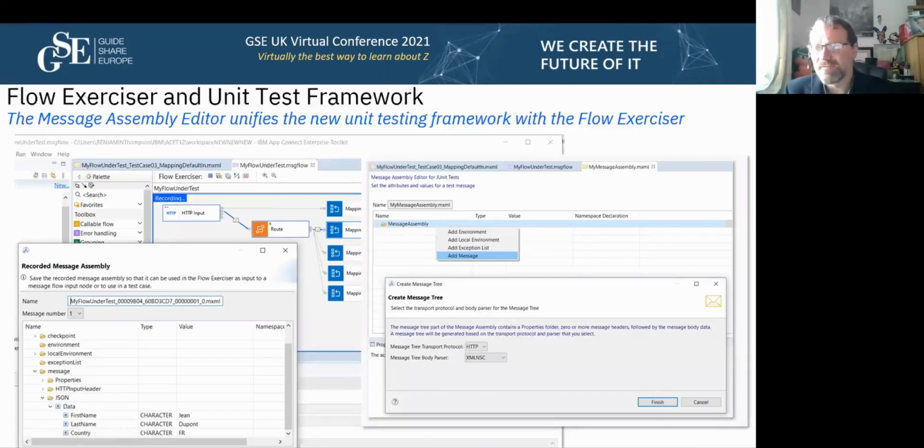Okay, so the flow exerciser. So this is something that we've improved a lot. So the ability to individually test a flow, and you can record a flow as well. So you can send a message through and see, like you see this little envelope here. You can zoom in at any single point to see what the message tree, the whole of the message assembly looks like at that point. So this uses a running integration server that runs inside your toolkit. The message comes in,